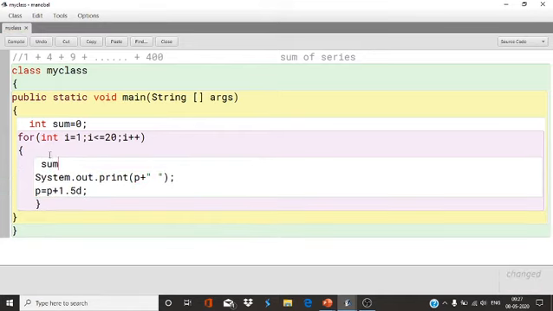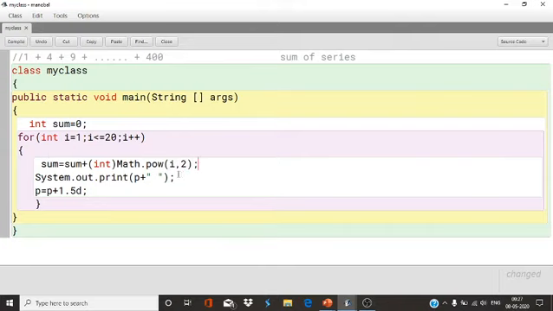Now sum equals to sum plus i square. So I will convert this into integer. After converting this into integer, I will use math.pow(i, 2).